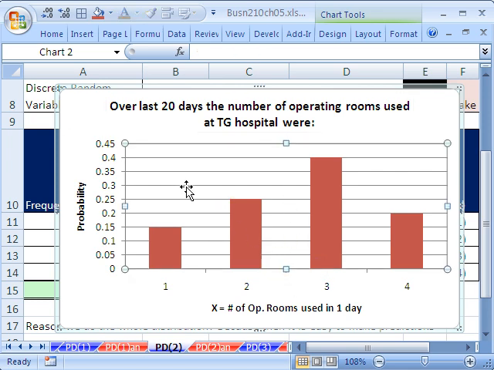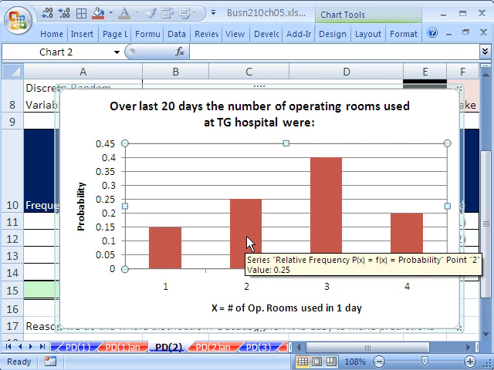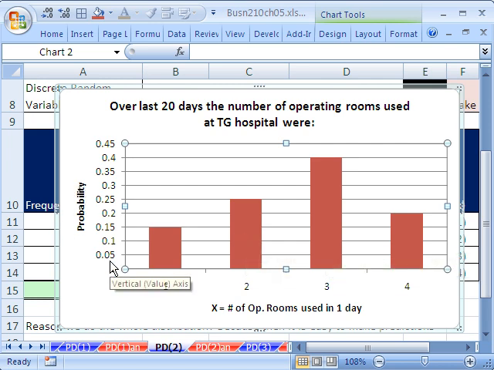You know what else? We can do lots of things, and we could leave this here, which would tell us the probabilities. We could also put the probabilities above the columns and then get rid of that so we don't have too much chart junk. I think I'm going to do that this time. Sometimes you want it here. Sometimes if there's lots of them and you don't want to clutter up the chart, but we don't have too